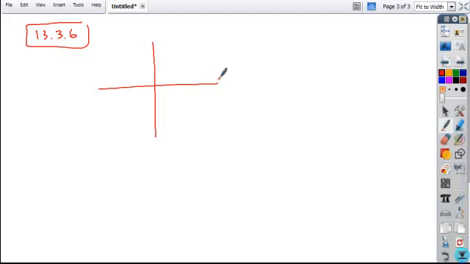All right, for one last question here on section 13.3. Okay, question number 6, it asks you to find the trig ratios at the angle that passes through the point